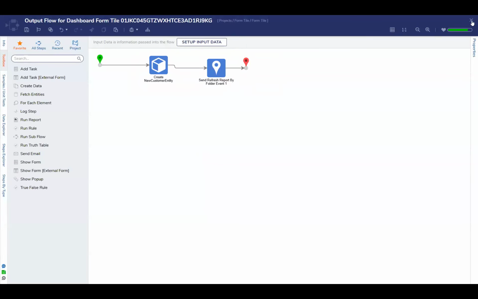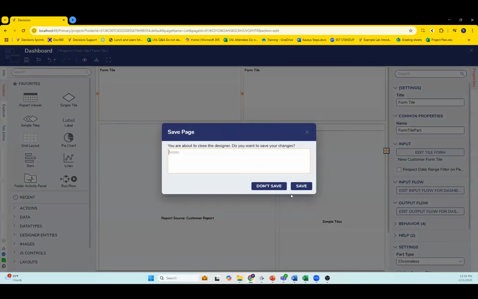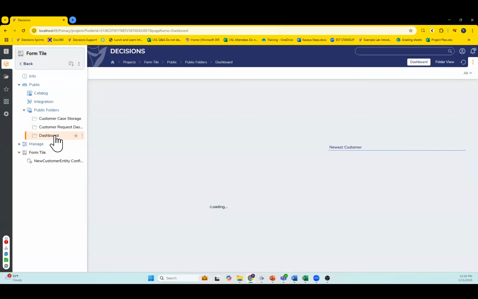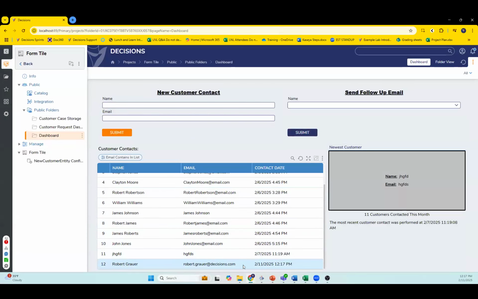And then I set up a refresh by folder event and what that looks like in use. And again, this will be on YouTube in the next couple days. It's like this. And these are page context aware. So you can utilize form tiles to update a report. Something along these lines as I go through and I say Robert Grauer, and I put in some kind of email, let's say my work email, and say, hey, I contacted this customer. I will then show up down here as a part of that. And that's what that send refresh event does. Send follow-up email is a similar process, but it takes input data from here. But that's useful.